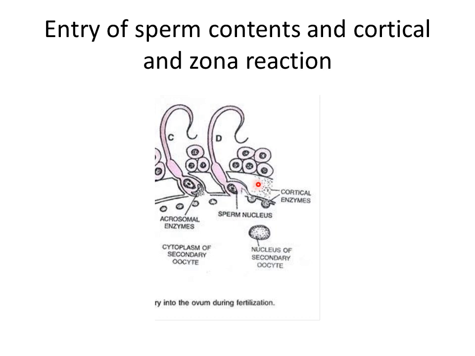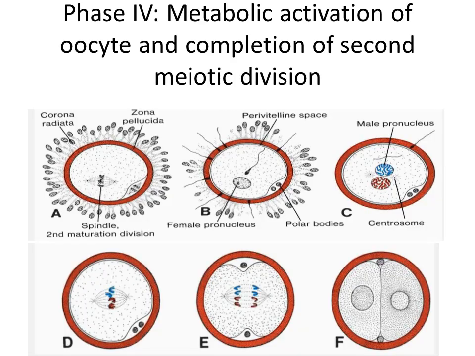This process, called zona reaction, renders the zona pellucida impenetrable for all other spermatozoa, even for those which begin to penetrate the zona and have advanced through it to variable extents. The zona reaction plays an important role in preventing polyspermy, that is, fertilization of the ovum by more than one spermatozoon. Polyspermy may occur under abnormal